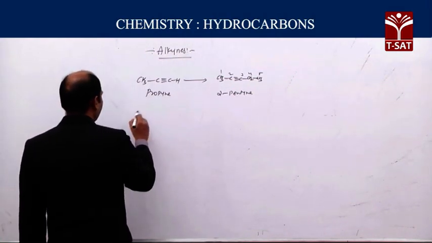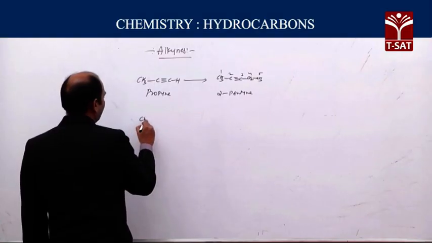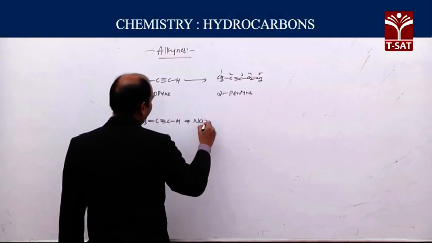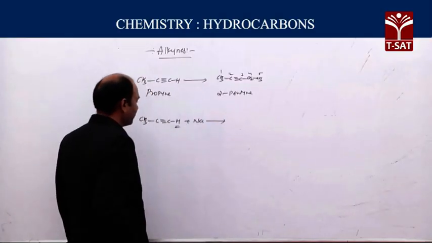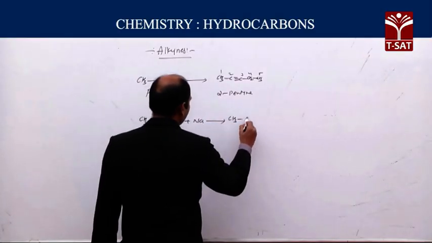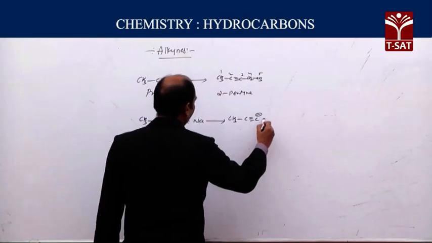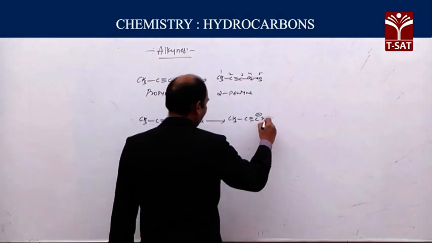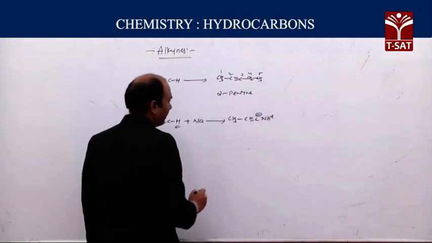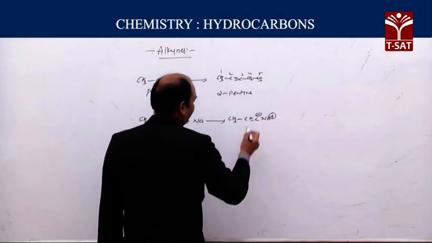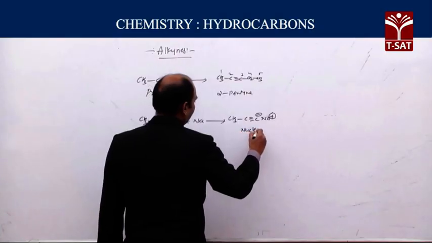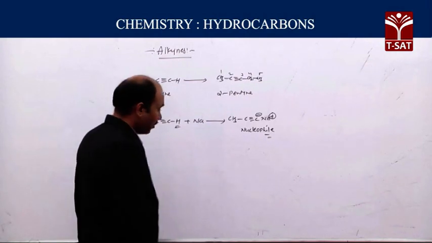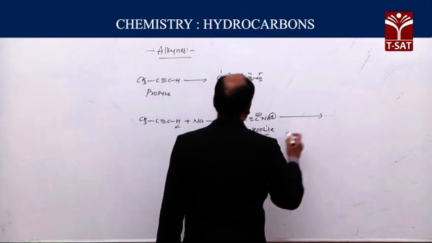Now take advantage of the acidic nature. CH3 C triple bond CH is treated with sodium. What happens? This hydrogen is replaced by sodium. So we get CH3 C triple bond C minus Na plus, and the byproduct is hydrogen gas. Now this acts as a nucleophile, a strong nucleophile, when it is treated with